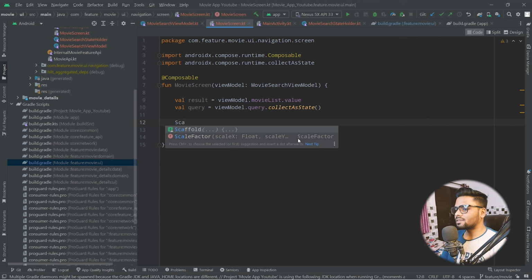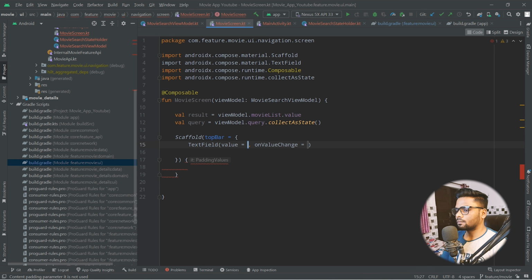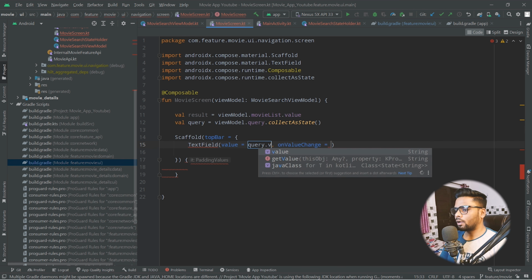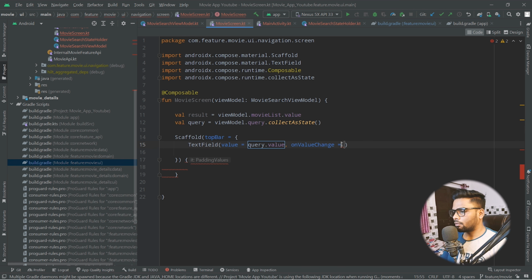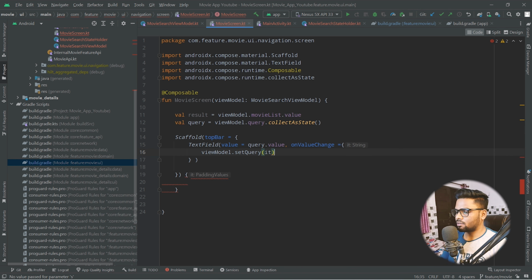So I'm gonna use scaffold here. Within our scaffold we have top bar. In the top bar we will use text field. It requires a value and an on value change. In order to use value, I'm using my query value, and within our on value change I'm gonna use my vModel dot set query and pass the string. Okay,